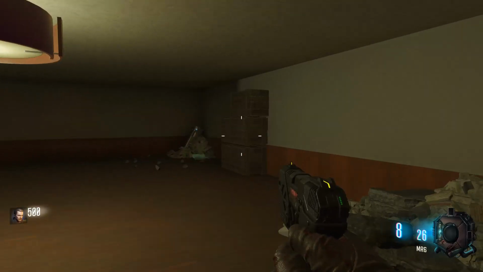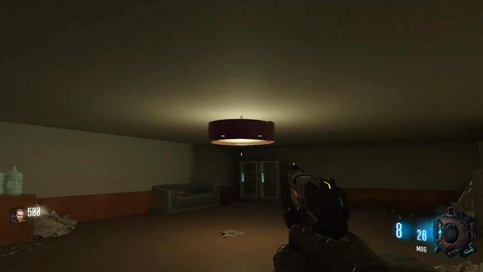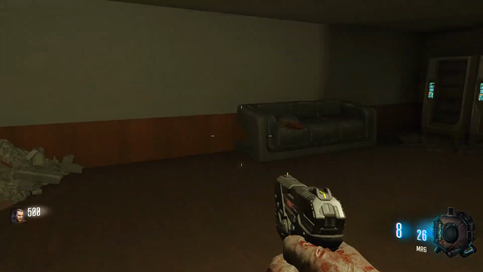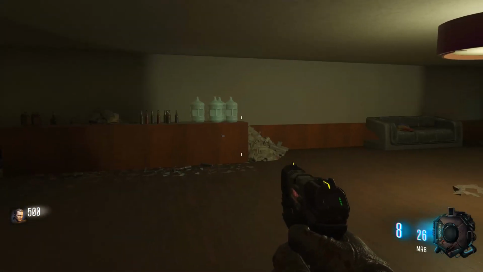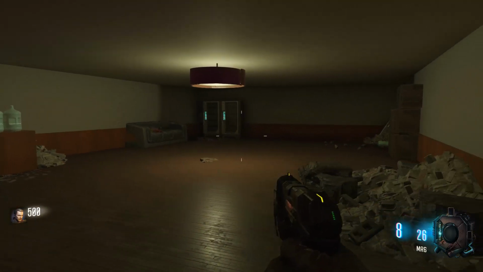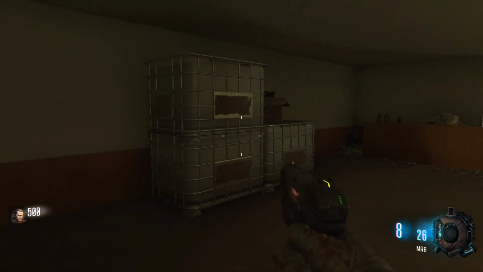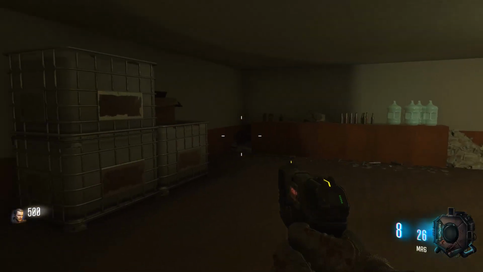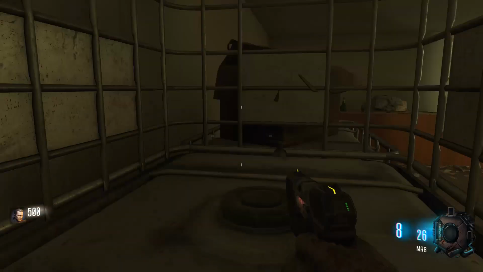Okay, and as you can see, we are now in our map. And you can see I tweaked the lighting a little bit since the first part of this tutorial. But yeah, it looks pretty nice. There's no light bleed or anything stupid in regards to the lighting, like there was in the first version of this tutorial. The only thing that is a bit of a problem is you can see I have some various models placed around the map here to give it a bit more flavor, but we can just kind of walk